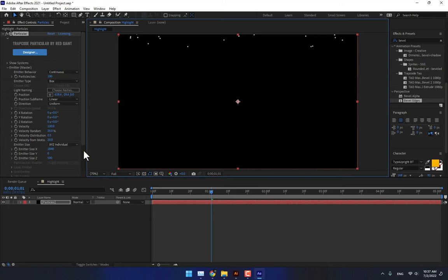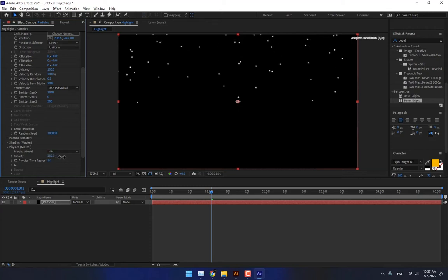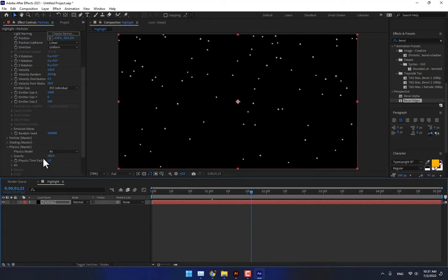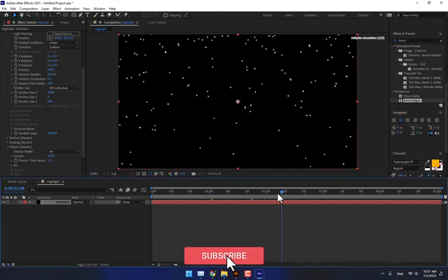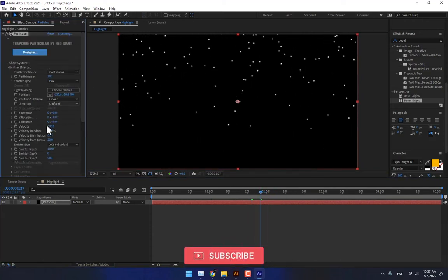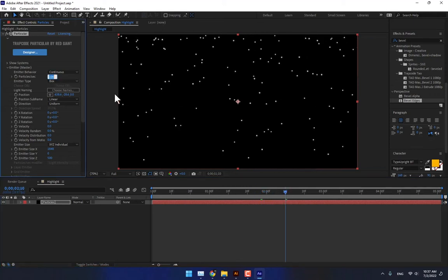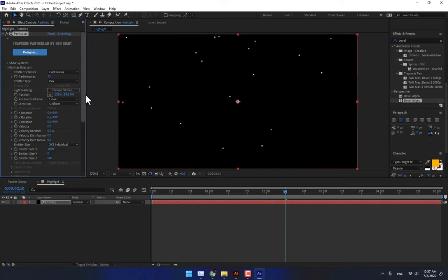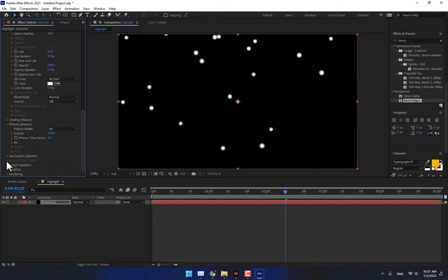So now go to physics, change the gravity down, a little bit up, play, good. And now change the velocity 0, 0, 0, 0. Play now, looking good. Change the particle seconds 15, and go to particles, change the size, and go to aux